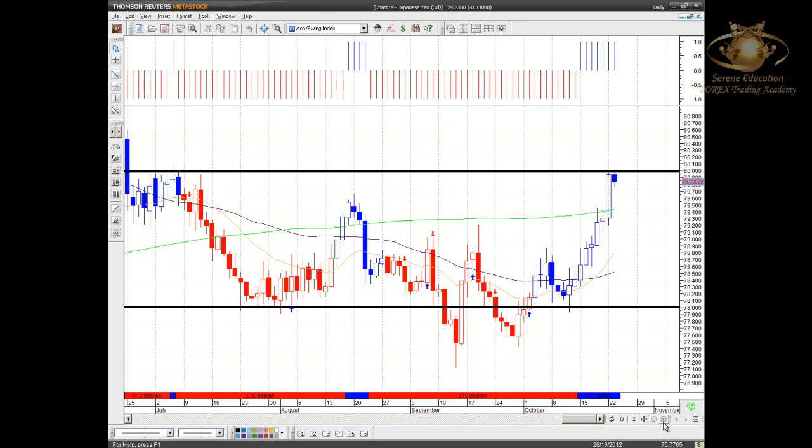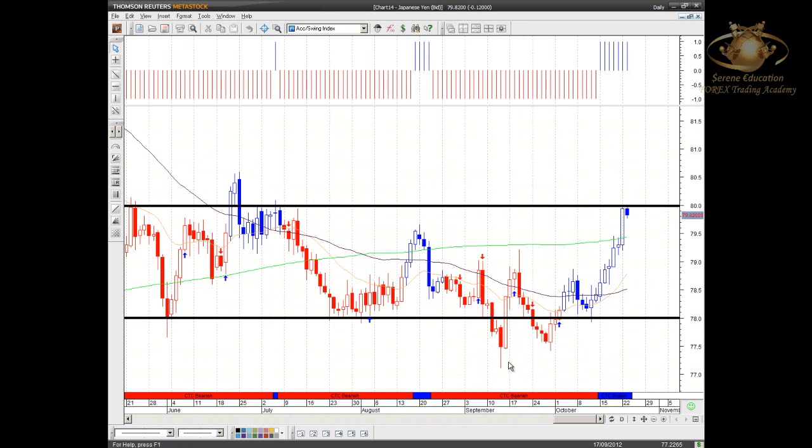Here, Bernanke opening his mouth and saying, yes, they're going to come up with quantitative easing, and people bought into that sentiment. However, not really propping it up, and we had an evening star, and then price reverted to the downside again. However, people still favoring the US dollar against the yen just recently, and sure enough, price has been maintaining those highs above 78, and in doing so, pushing price to the upside. So as long as it's trading above 78, we should always be looking for price to move to the upside,